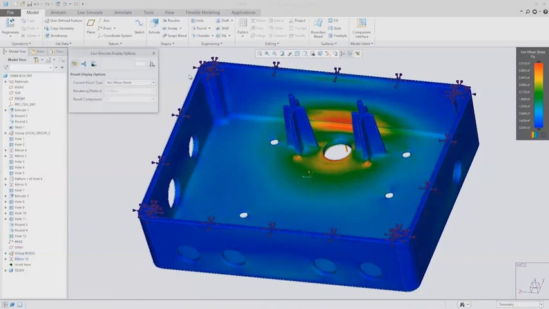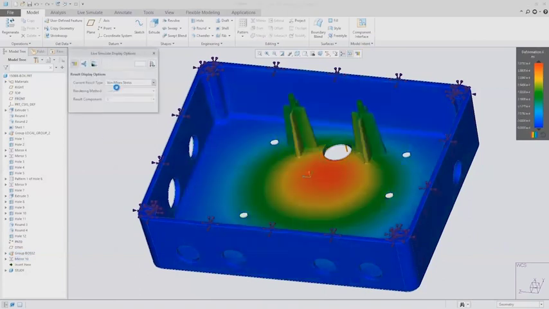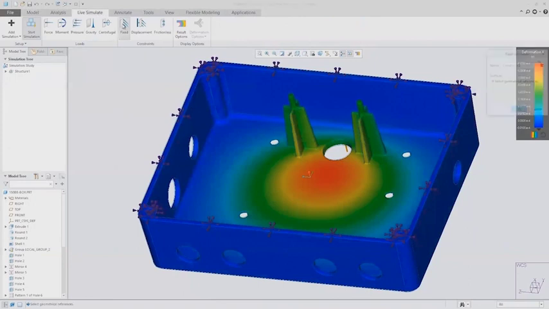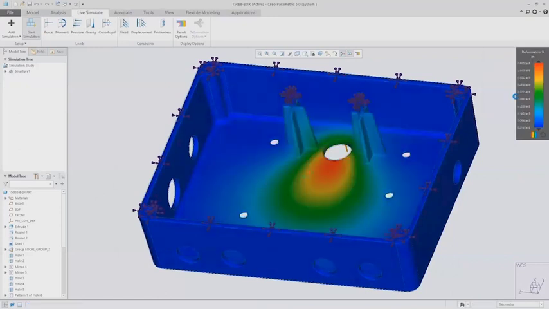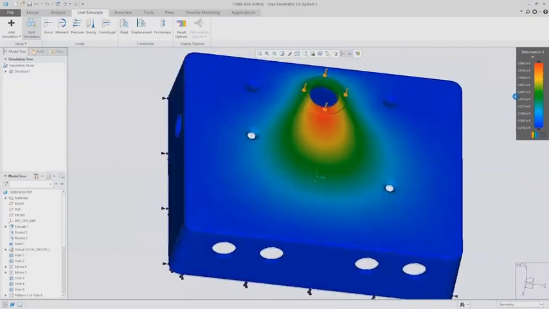But again, as soon as I make that change, we can start to see my simulation develop even more here. And we could always go back to my simulation display options that are right on my toolbar there and see if there's any new options for this. We could also update the simulation at any time. So add in some more constraints, let it load for half a second, and it starts to update my simulation